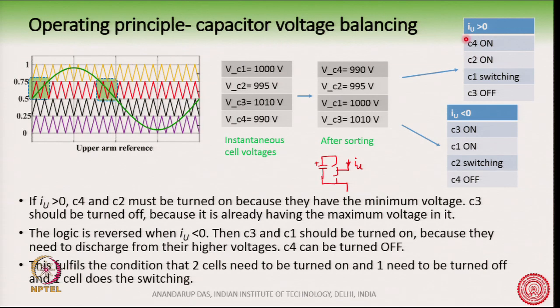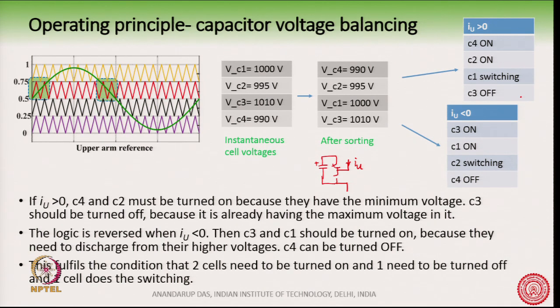Who will be turned on? C4 and C2 will be turned on, because they have the least voltage out of the 4. If I turn on C2 and C4, that means I turn on this switch, then C4 and C2 will be charged up. The voltage will increase, because IU is in the positive direction. This is the direction of IU, and out of the 4 cells, 2 cells need to be turned on, and the cells which need to be turned on must be C4 and C2, because their voltages are minimum at this point of time. Which cell needs to be turned off? One cell needs to be turned off, and it must be C3 during this point, because C3 has the highest voltage, 1010. So, that is why we have written here C3 should be turned off,